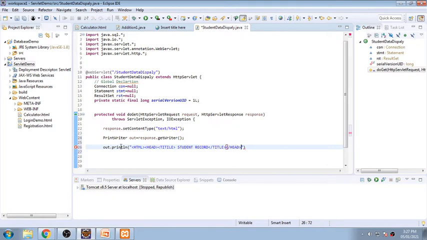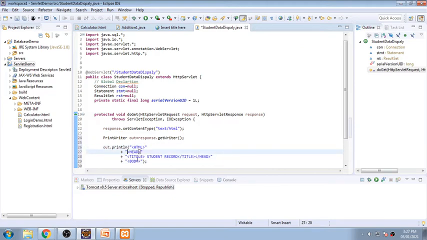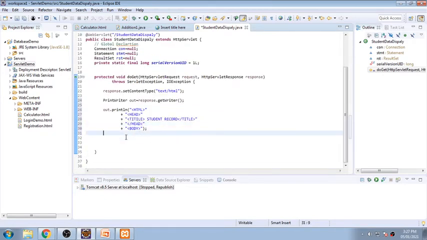I'm pressing enter, and automatically the second line will be created because this is a ready-made IDE. After that I am starting my body tag, and we'll stop this program here. I'm closing the head part and I'm closing the body. Up till this I think everyone is clear with this one.